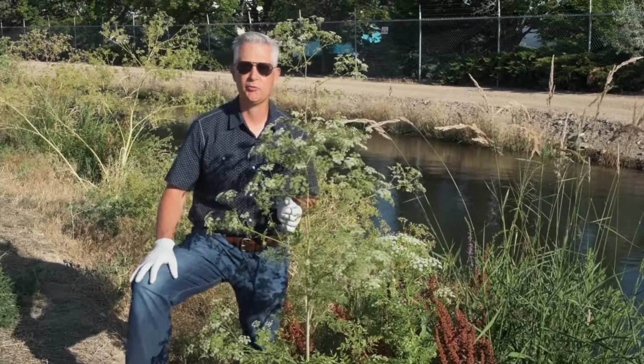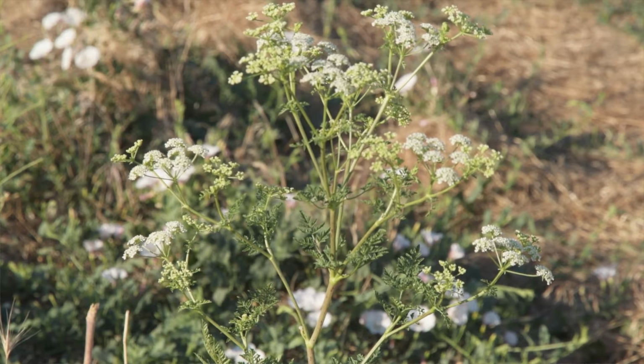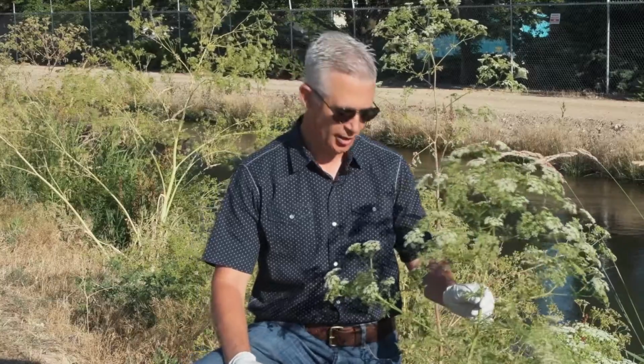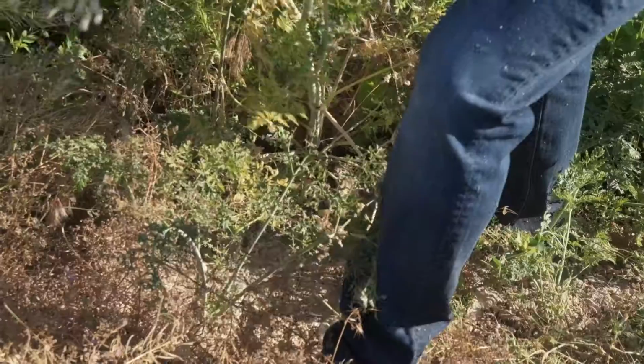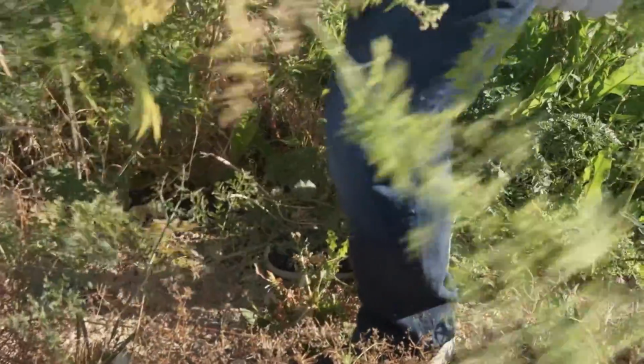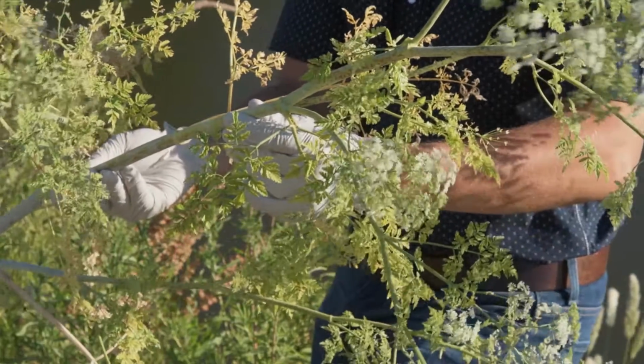It's very easy to control. Early on in the early growth stages, you can control it by hand pulling. As you can see, I have gloves on today. When you're handling this toxic plant, you want to make sure you have gloves. All you would have to do in this case is just pull the weed out of the ground, and then you can put it into a plastic bag and take it to a trash receptacle, and it's basically done for